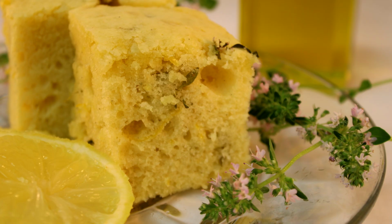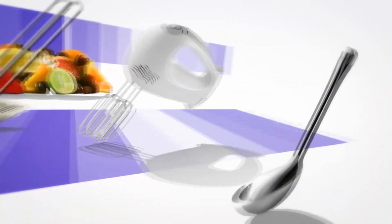What do you do when you have a garden full of thyme? Well, you make cake, of course. Let's see what's cooking. It's time for Yo-Yo Makes